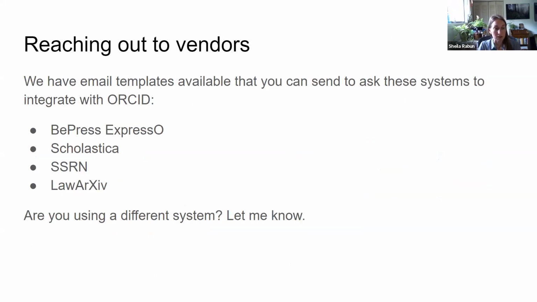These are some of the other systems that I have heard law schools are using, vendor systems to manage data and information about your faculty's research and their scholarship. In the agenda, you will see that we do have email templates for reaching out to these vendors. Right now, these systems are not integrated with ORCID, but if they were, it would make so many people's